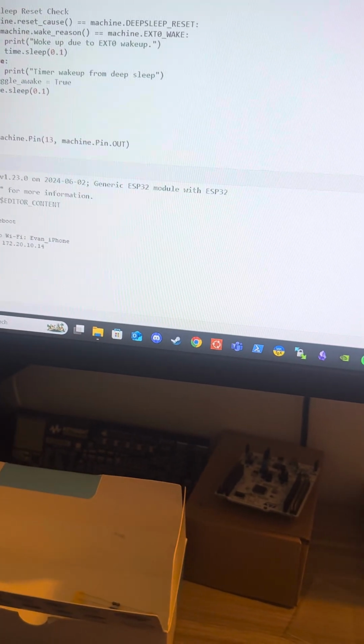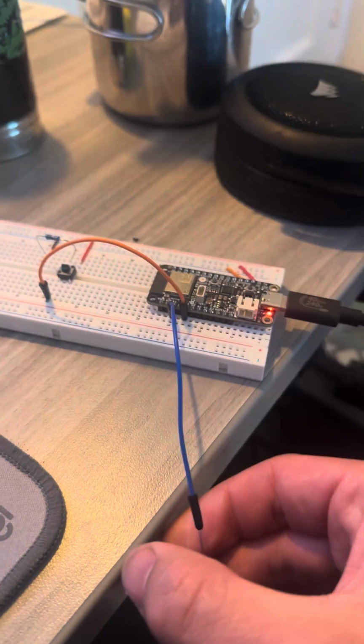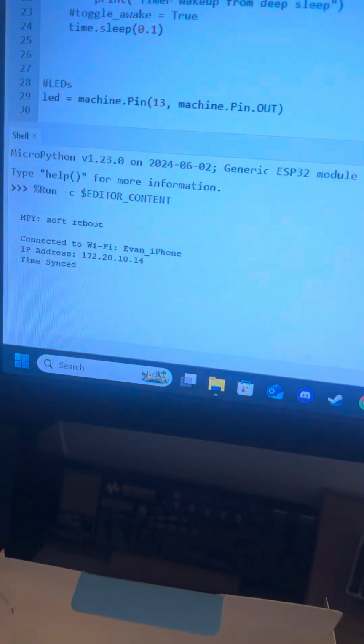So I'll start off. All right, time synced, right? It tells us our time has been synced. No issues there, right? And that means our LED is on and our capacitive touch is working. So when I touch this, our LED turns green, right? Now after about 15 seconds,